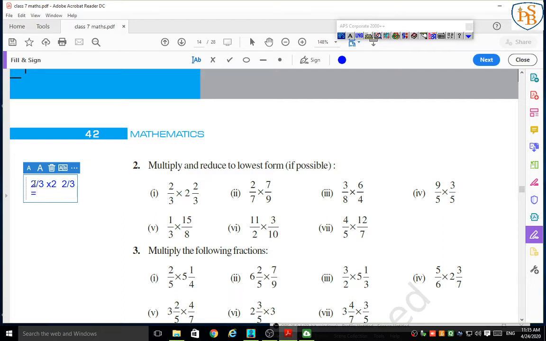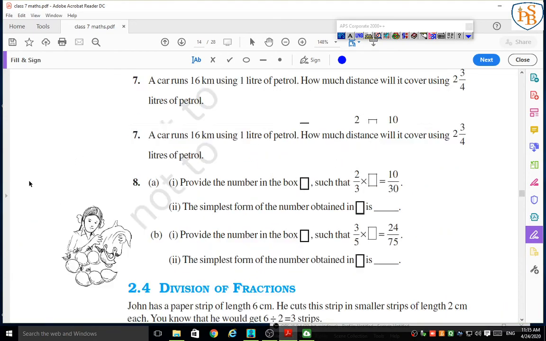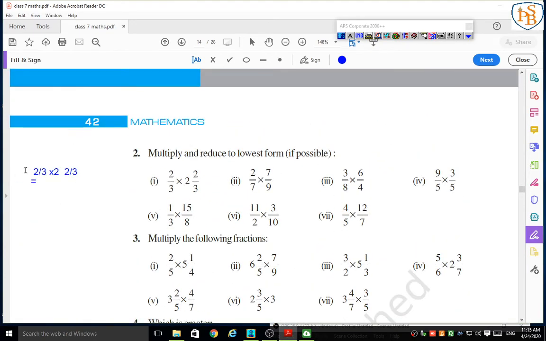So I will write here 2 upon 3. So 2 upon 3 will remain as it is, and we have to convert that mixed fraction into an improper fraction, that is 2 into 3. So the cross numbers we have to multiply, so 2 into 3, and we have to write this product in a bracket